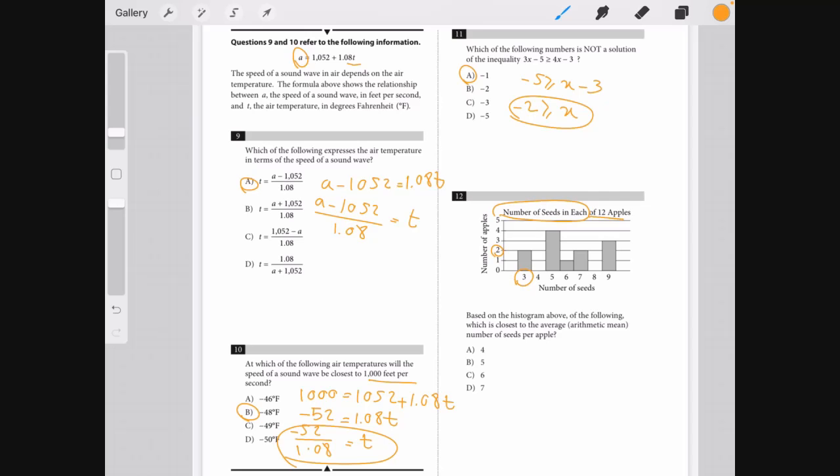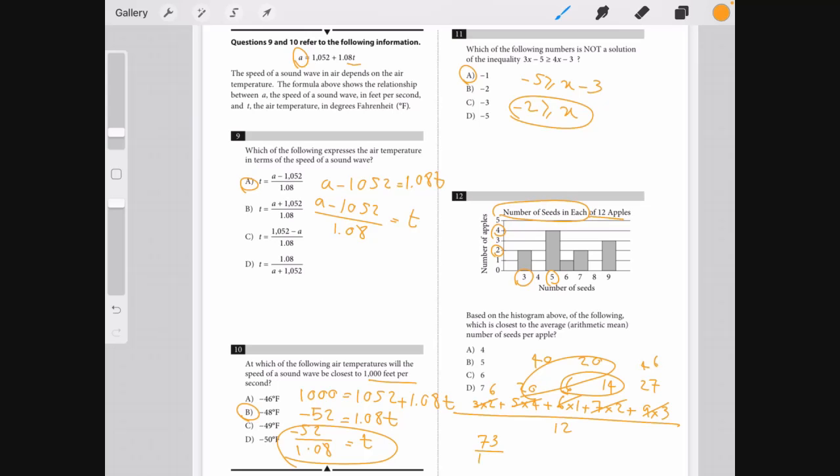So to do that, I do 3 times 2 plus 5 times 4 plus 6 times 1 plus 7 times 2 plus 9 times 3 divided by 12. 3 times 2 is 6, 5 times 4 is 20, 6 times 1 is 6, 2 times 7 is 14, 3 times 9, 27. Then 6 plus 14 is 20, 20 plus 20 is 40, 40 plus 6 is 46, 46 plus 27 is